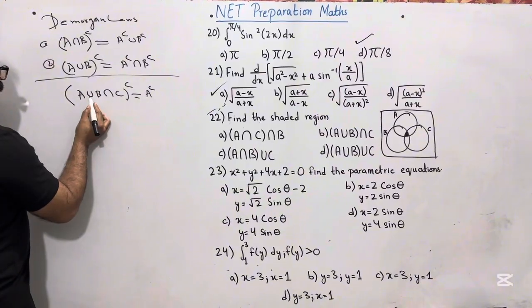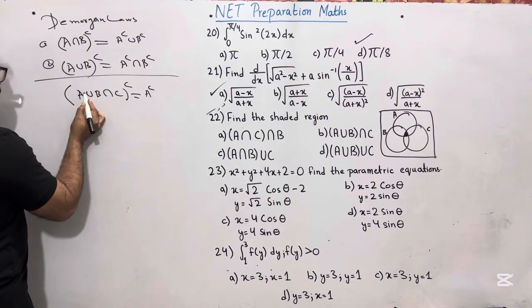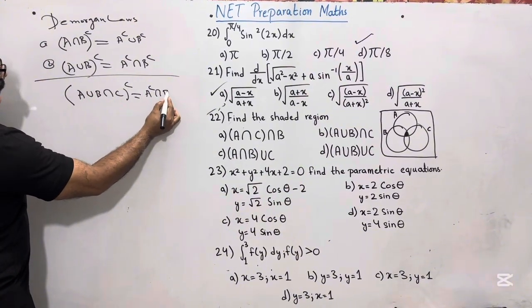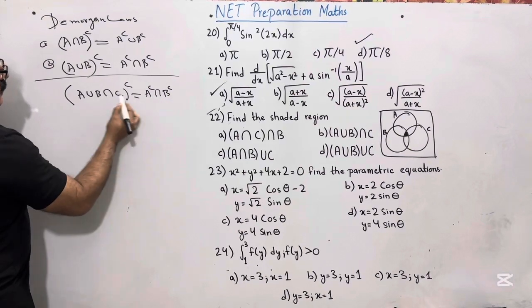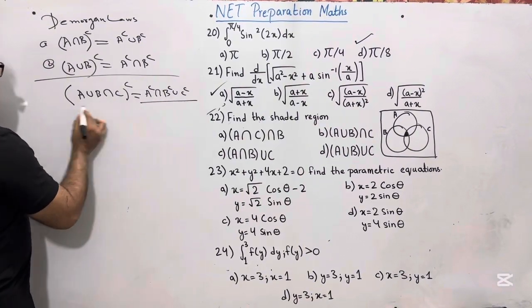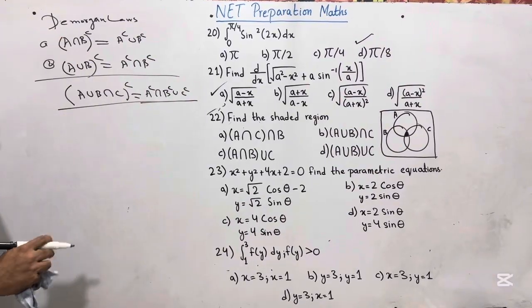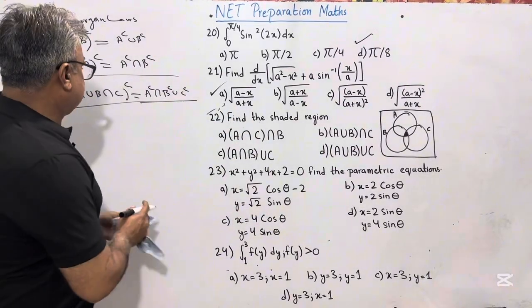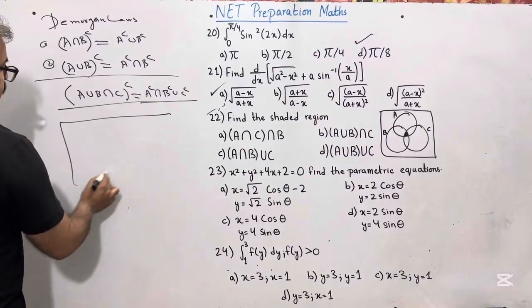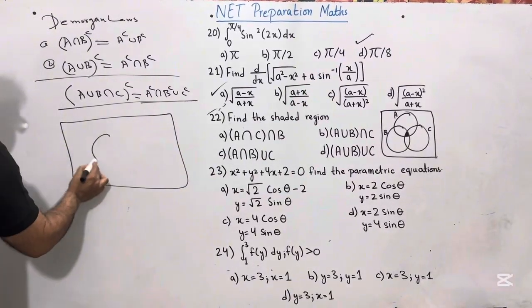Individual complement, union turns to be intersection, intersection turns to be union. A intersection B complements, union C complement, that is equal to this one. The simple application of De Morgan law. Now our question says that we have been given a Venn diagram of three sets,